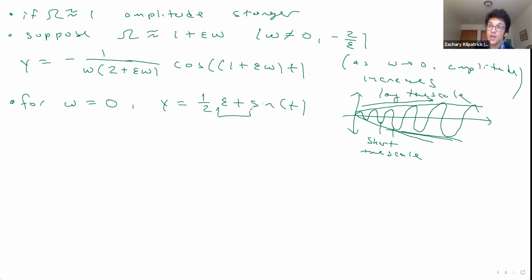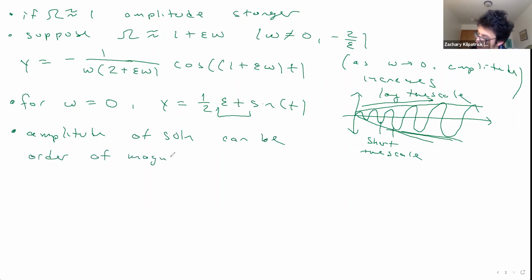So when epsilon t gets to be order 1, then the amplitude of our oscillation is going to be order 1. So the amplitude of the solution can be an order of magnitude larger